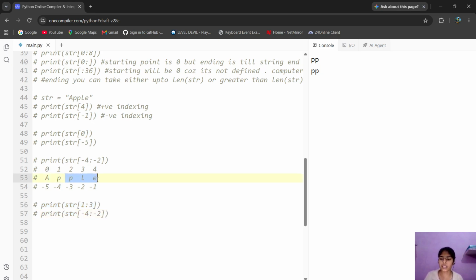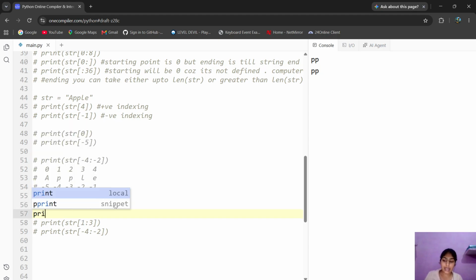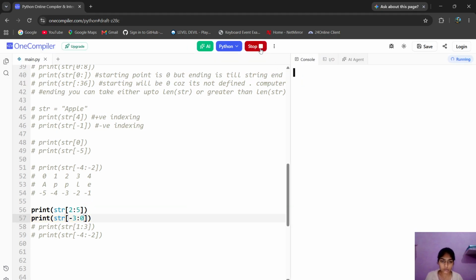Now you'll say, okay, we want to access the PLE. So how can you access the PLE? That is print string[...]. What is the positive index of the P here? That is 2. What is the index of E here? That is 4. But we want to access the E too, so we have to plus 1 in the index. That is 5. And we write the 5 here. Now in the negative index, what do we have to do? What is the index of the P here? That is minus 3. And what is the index of E here? That is minus 1. But we have to plus 1 in that, so minus 1 plus 1 is equal to 0. So we have to